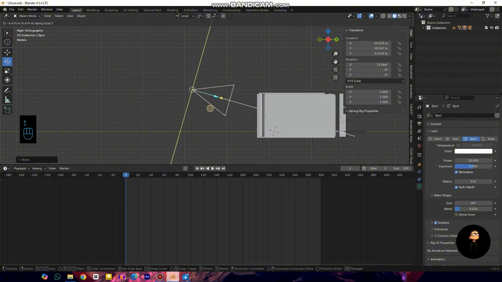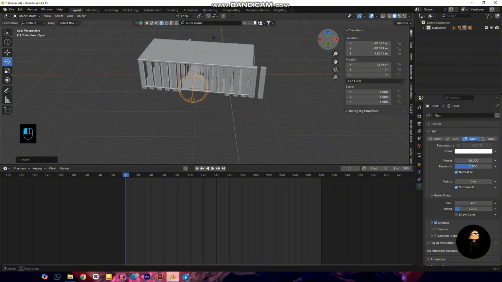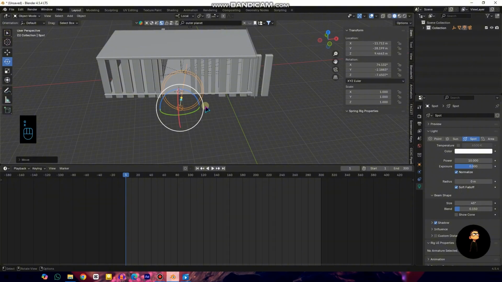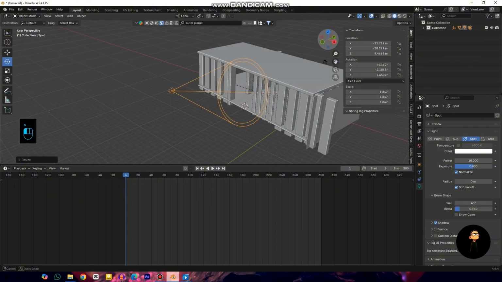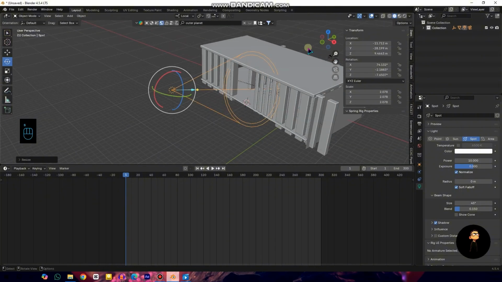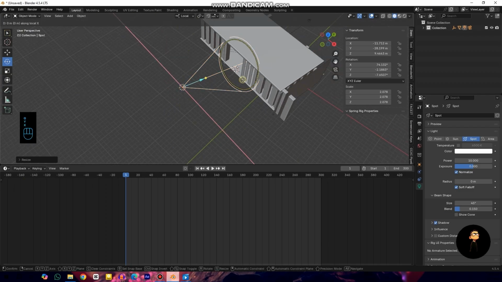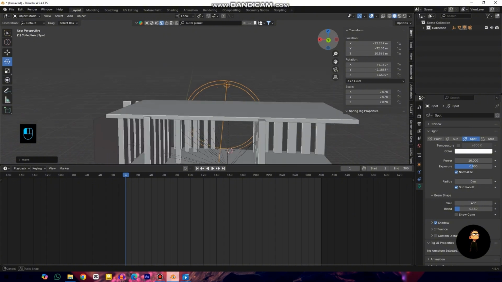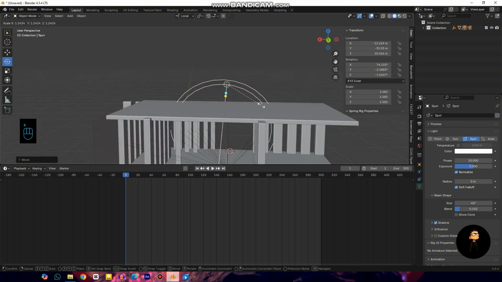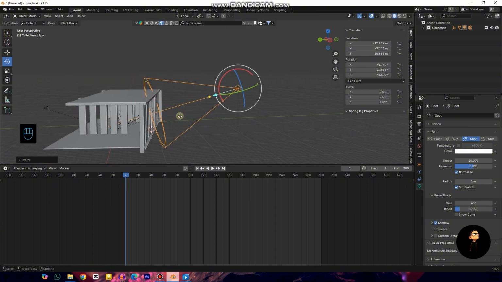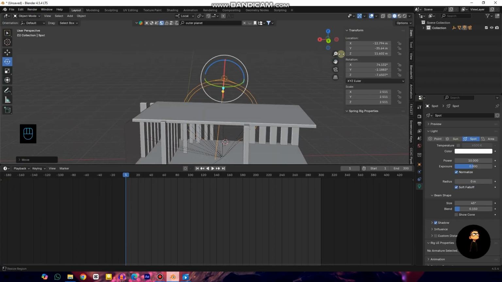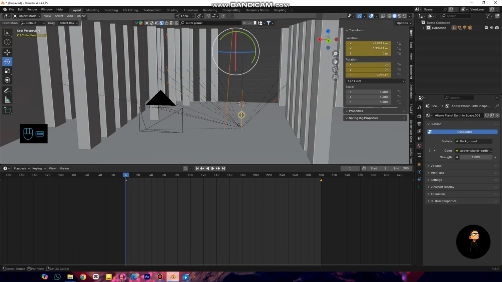Make sure you are in local space, so you adjust it properly, and as for scale or something like that. Okay, then again adjust the scale of it, and then parent them to this